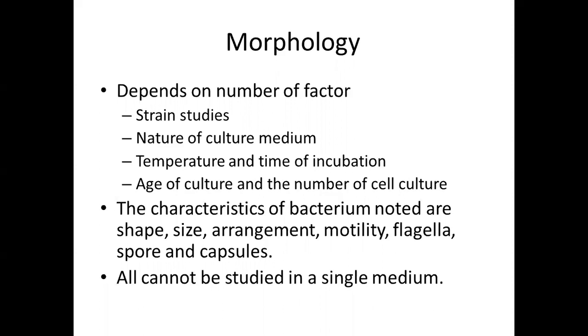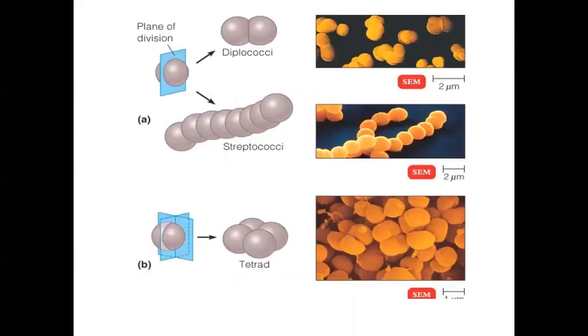Like shape, separately we want to do a staining technique. Then for arrangement, separately we want to do a staining technique. Then motility, separately a staining technique, particularly flagella staining, has to be done. It is the same way that diplococci are studied, then streptococci, then tetrads, and how the sizes are present. This is a single view where we can see the size.